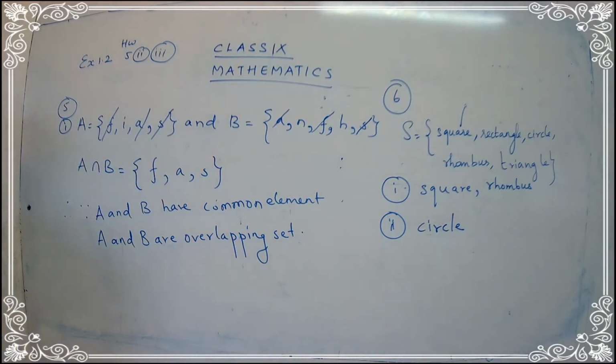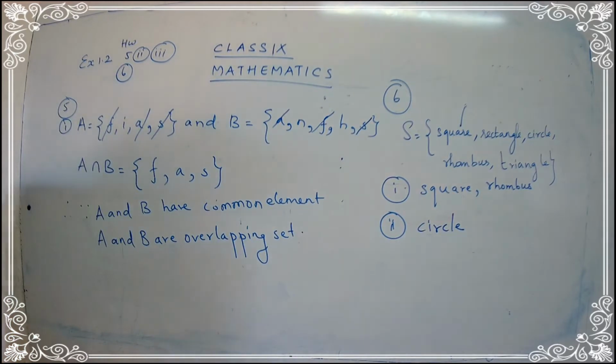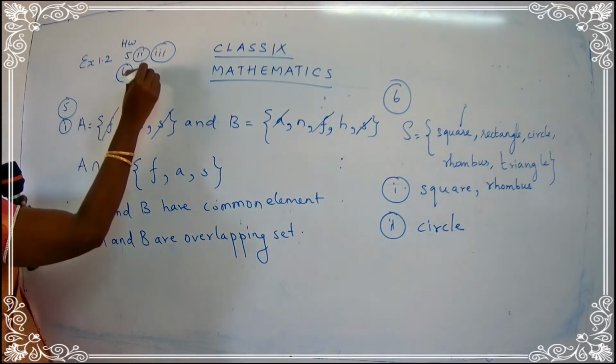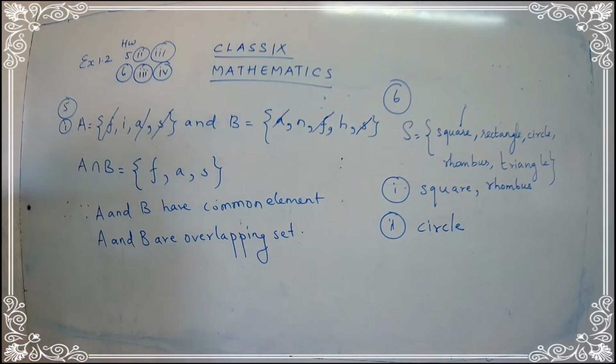Clear? Okay, so your homework is question number 6, third and fourth subparts. You have to complete your third subpart and fourth subpart from question number 6. I hope you can try out the answers. It's very easy. From the set S, you are going to find out the correct answer. And if you are not able to get any answer, you just say empty. That's all.